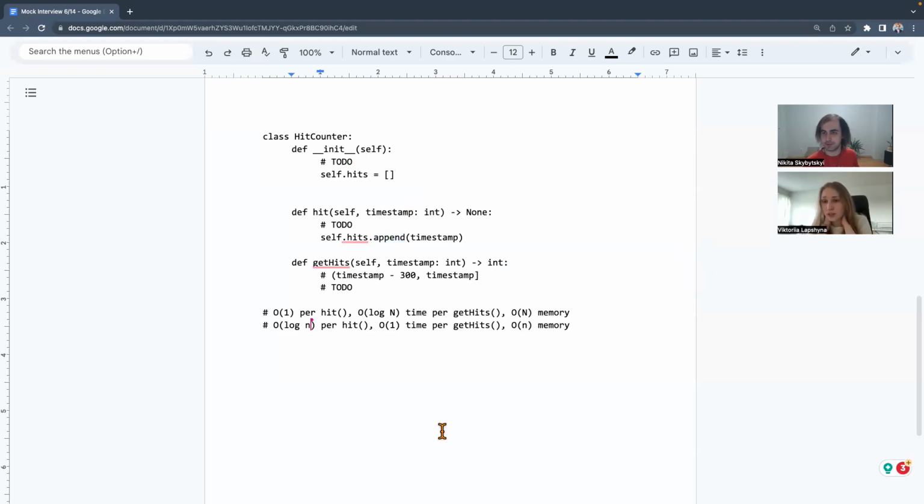Yeah, we could do the queue, for example, or stack. I always get them confused too, but it's going to be more efficient, right? Yeah, a queue can remove elements from the front in constant time and also append to the back in constant time.